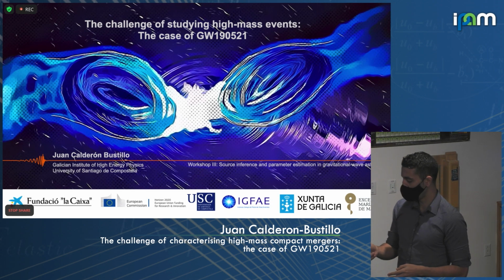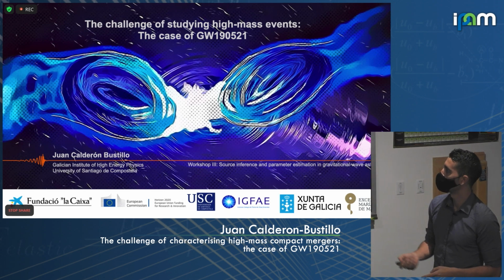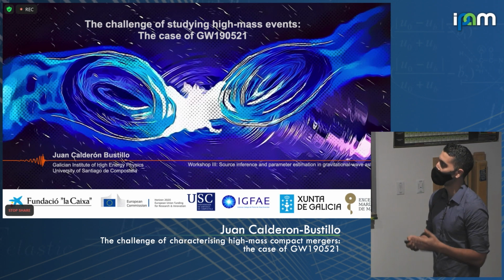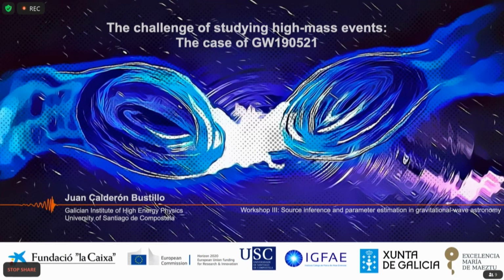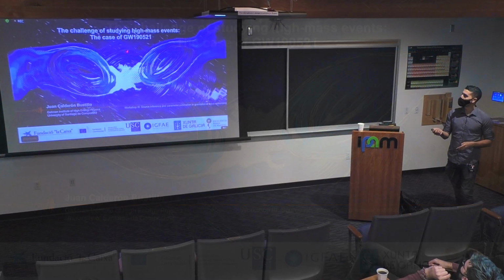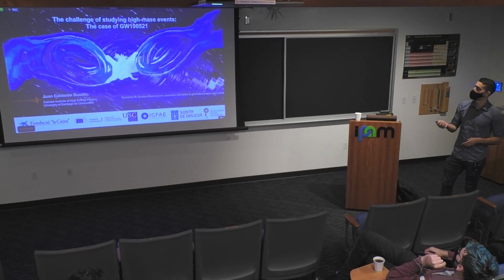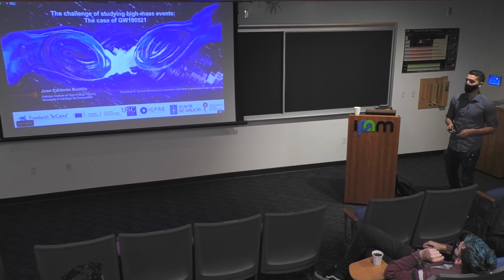And the driving case I want to use is GW190521, which is the paradigmatic case that we have right now of a conclusive signal that is short and there is not much information about it in the data. And I want to end up talking about the possible nature of this signal as being sourced by a couple of boson stars.